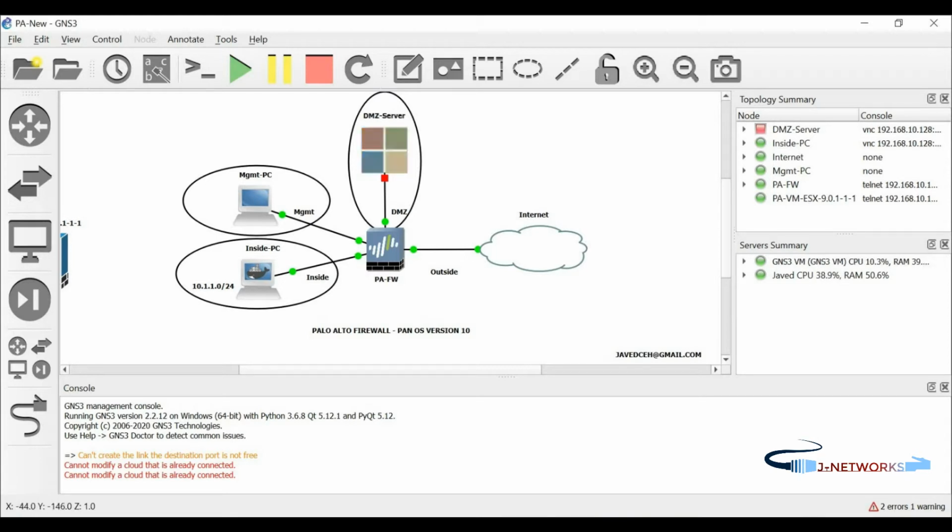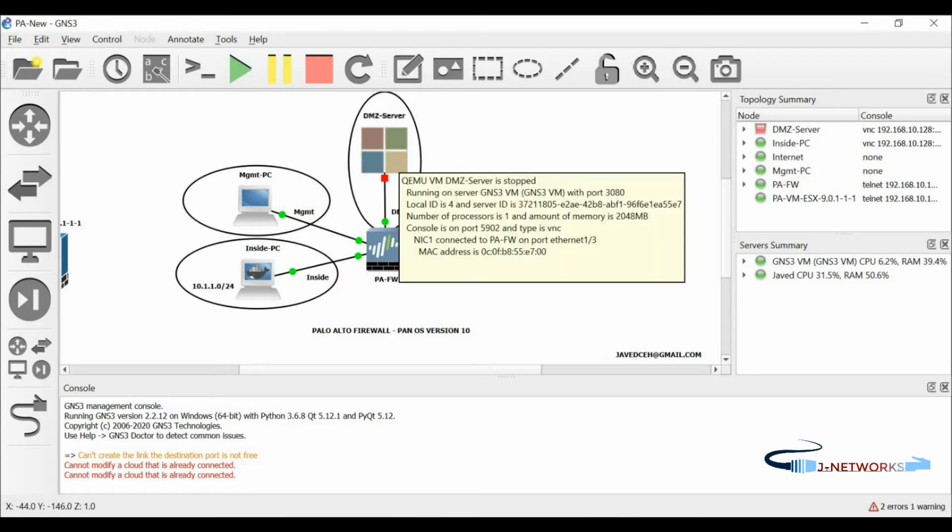I am doing all this in a virtual environment. This is a virtual firewall, PanOS version 10 Palo Alto Firewall. I have configured three zones here. The first zone is the inside zone, which represents the inside users, and this is the outside zone, which represents the internet. And I have also configured a DMZ server that is kept in the DMZ zone, and